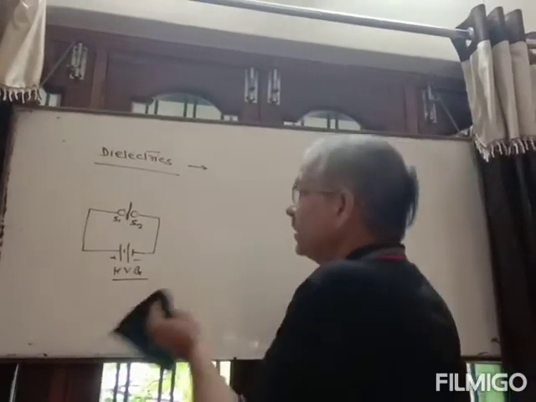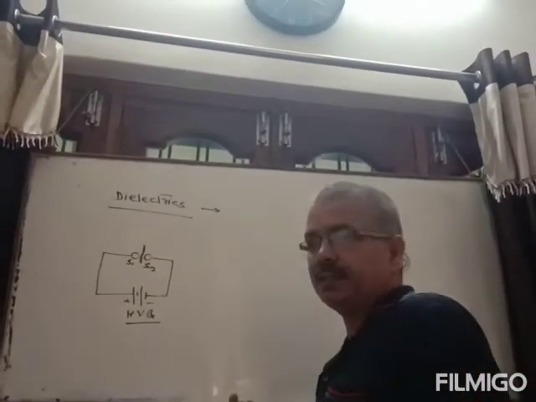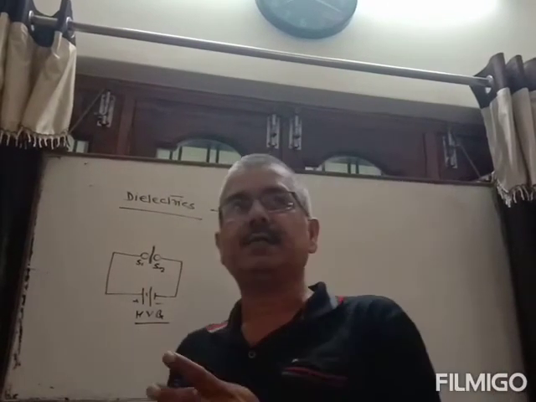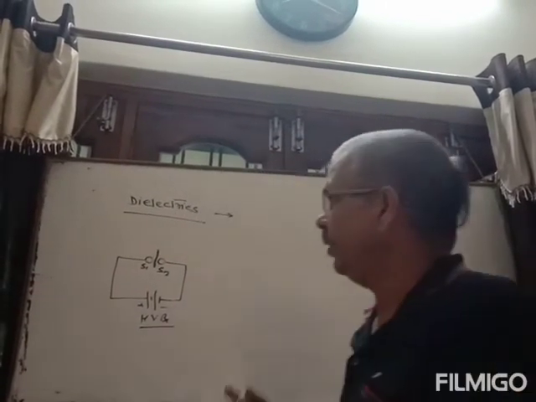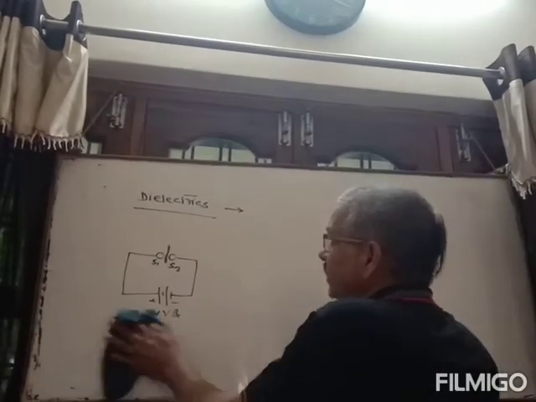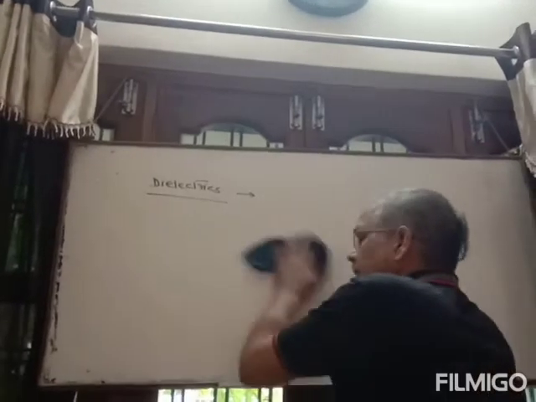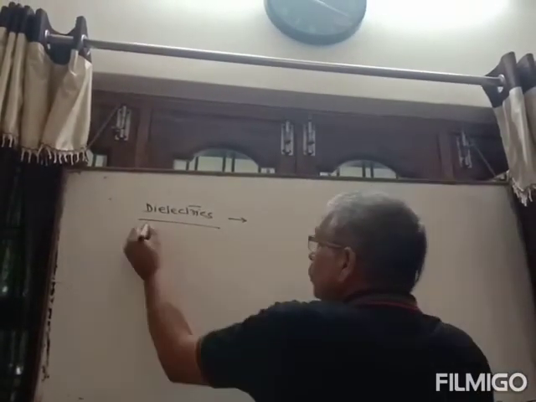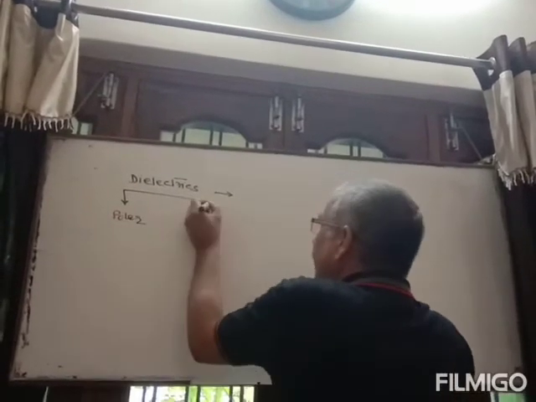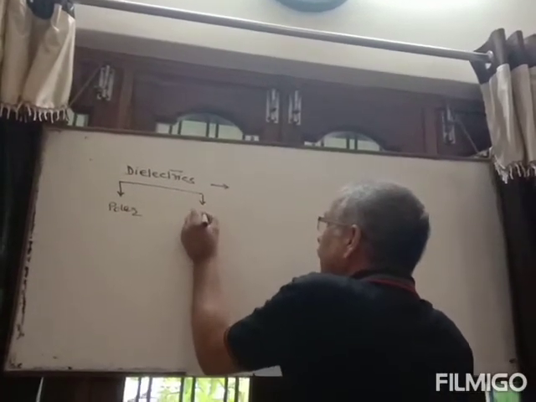This small piece of paper starts vibrating, which is an indication of a strong electric field between the spheres. So paper may be supposed as a dielectric, because in normal condition paper is a bad conductor of electricity, and when paper is kept in a strong electric field, it starts vibrating. It means the paper may be supposed as a dielectric. Similarly, dielectrics are of two types. One is called polar and the other is called non-polar.